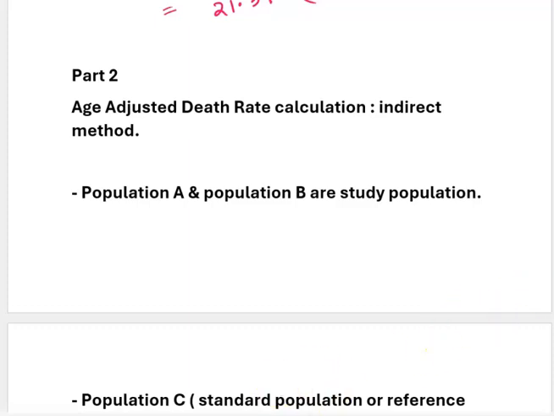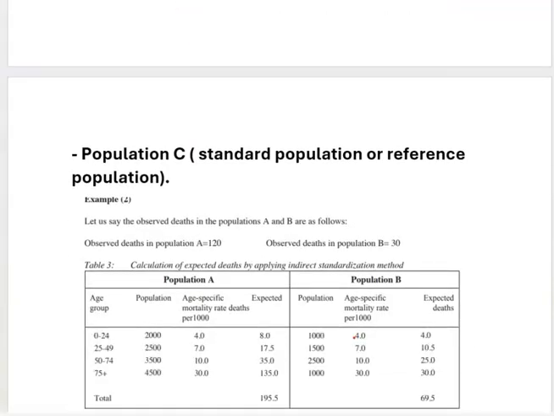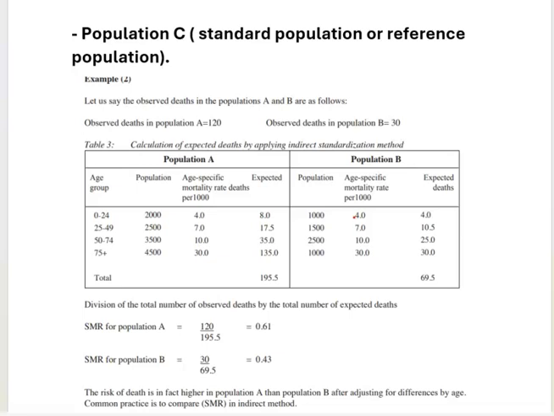I'm going to use the table from an article. The reference of this article has been given. I already discussed this article in my previous video, so if you need the reference, you can go there and check. So table 3, as we can see, has been divided into two parts, population A and population B. The data belonging to population A are age-specific